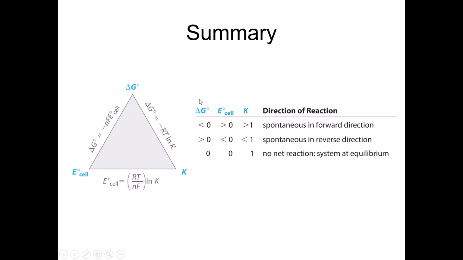This table gives you some idea about what we can look for to determine reaction direction. We already know negative delta G is spontaneous, positive E cell is spontaneous, a K larger than 1 is spontaneous. Delta G positive is non-spontaneous, E cell negative is non-spontaneous, K less than 1 is non-spontaneous. And at equilibrium, delta G and E cell are 0, and we no longer have a